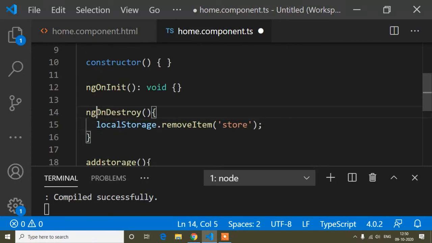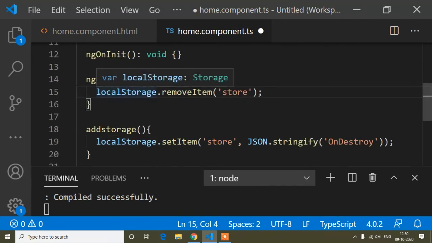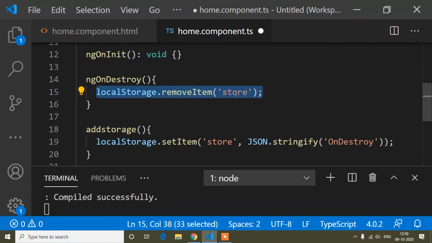OnDestroy means when you go to another component, whatever you wrote inside this ngOnDestroy lifecycle hook will be executed as the component is destroyed. Now I have written this in the ngOnDestroy lifecycle hook, so the local storage will be removed. That's why when I go to any other component, it removes this local storage. So that's the ngOnDestroy lifecycle hook.